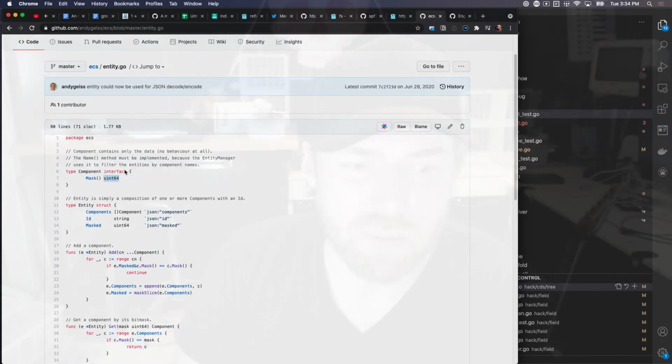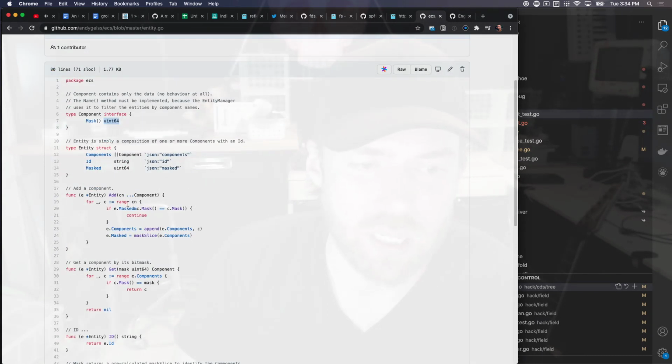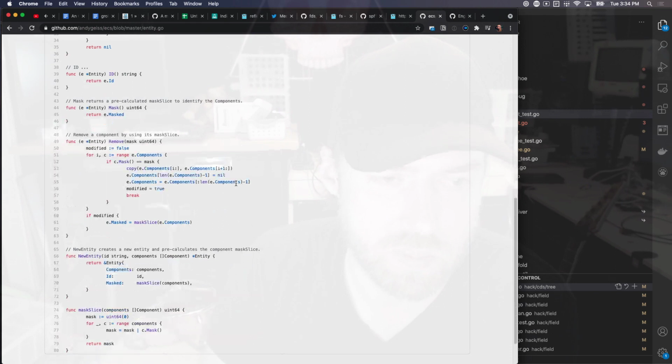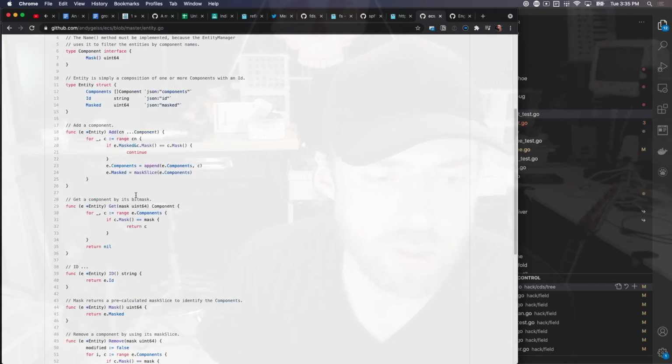But then that gives you the optimization that whenever you add something to this, we can do sort of the, I don't know what it is, the AND of all of them. And so you can easily check to see if a component is already added without iterating over components. It's an optimization that's probably a good thing in a high performance environment like games, what this is usually used for, that kind of high performance architecture. But I like this model, and